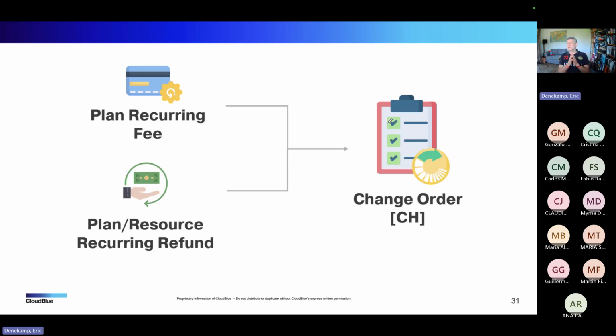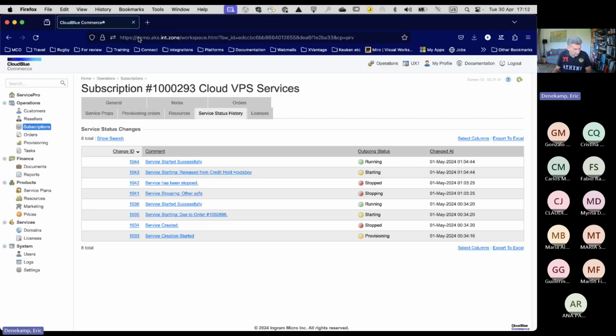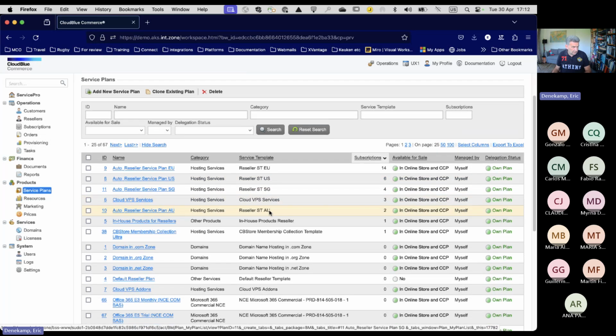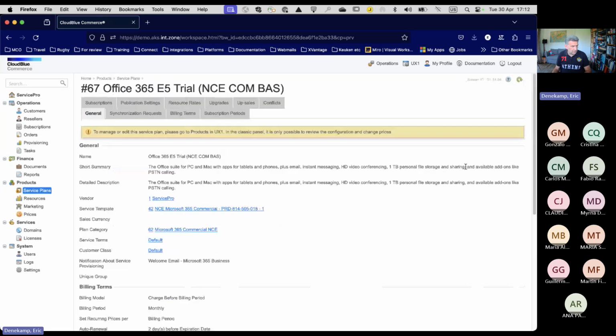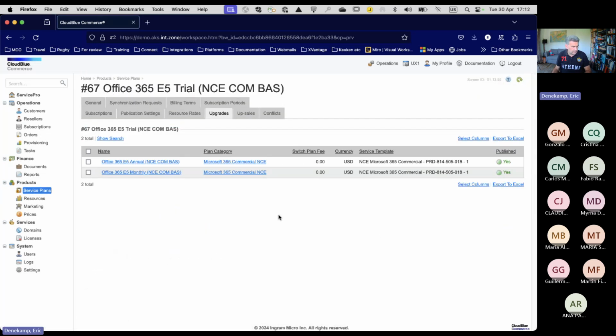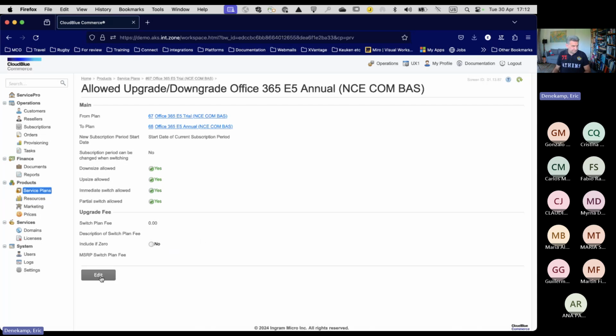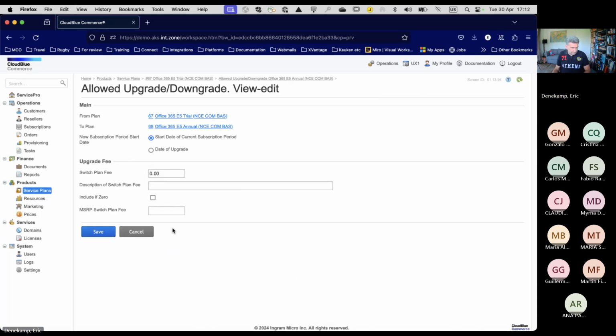If it's the plan recurring fee, when you upgrade, you can decide how you want to do that. Let me configure that quickly. Let me go to a service plan in my platform and configure an upgrade. Let's see, is there an upgrade configured on this one? Upgrades, yeah, there are things configured. If I now open this and I edit this,